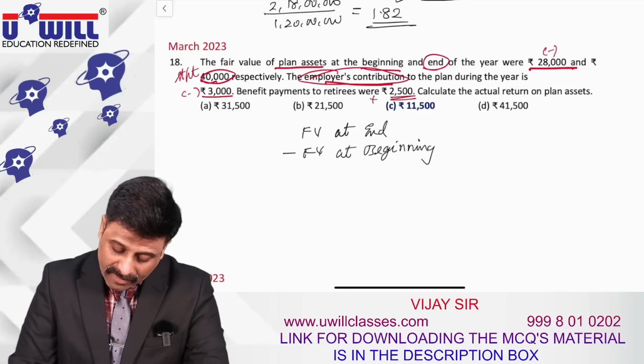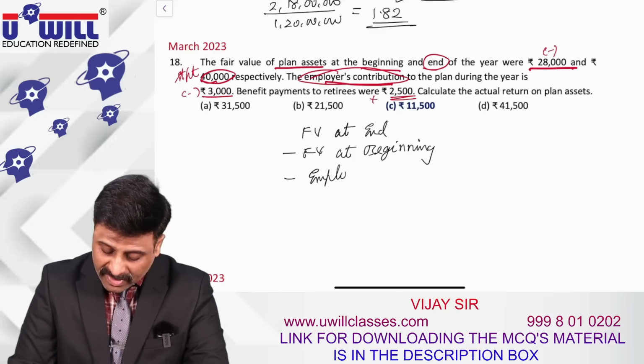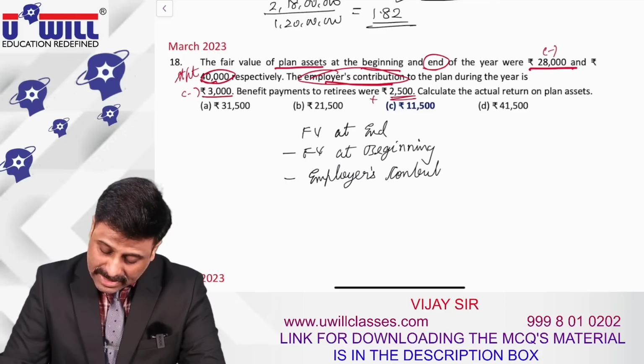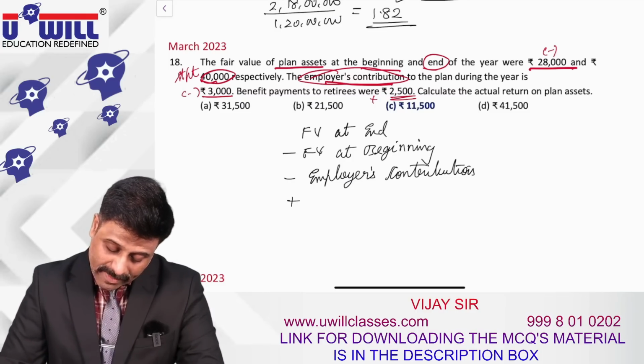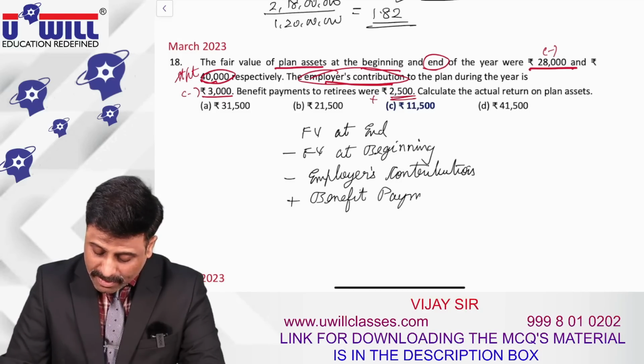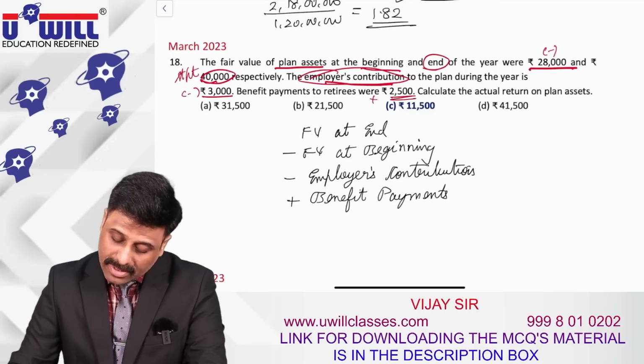In that we further subtract employer's contribution. Whatever amount we are further investing in this year, we minus. And we add whatever benefit payments have been received from our investments. So whatever benefit payments have been received, that we will plus. Now see here, if we do this application,